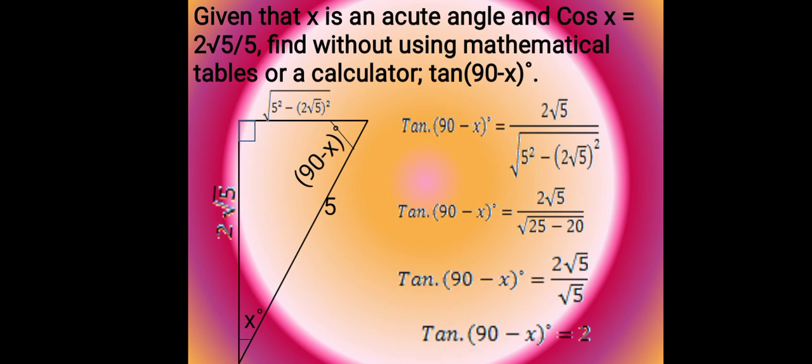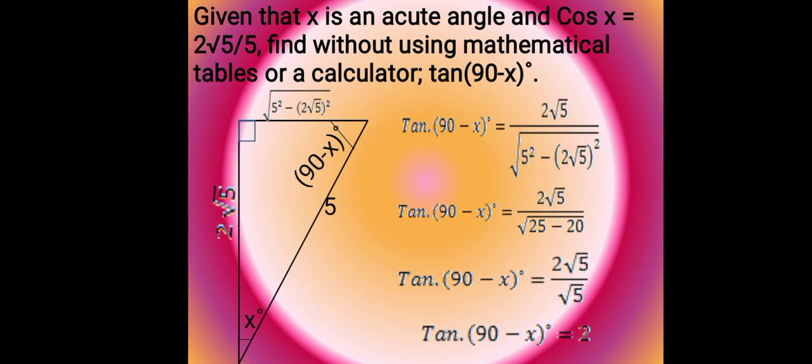Cos x is the adjacent side all over the hypotenuse. Now I've sketched the triangle, a right angle triangle, and we have x. So if we take cos x, our adjacent side will be 2 multiplied by the square root of 5, and the hypotenuse will be 5. Now we know that for a right angle triangle,